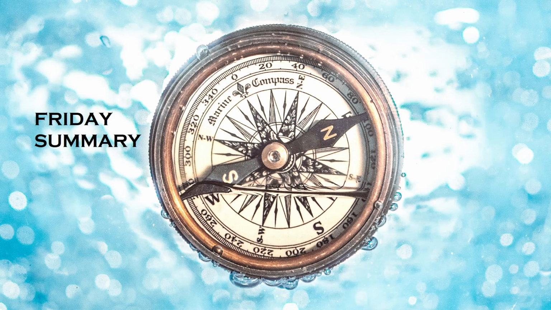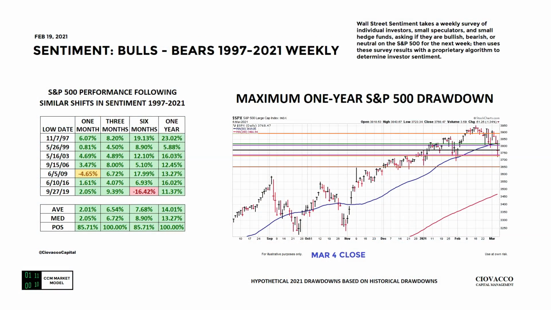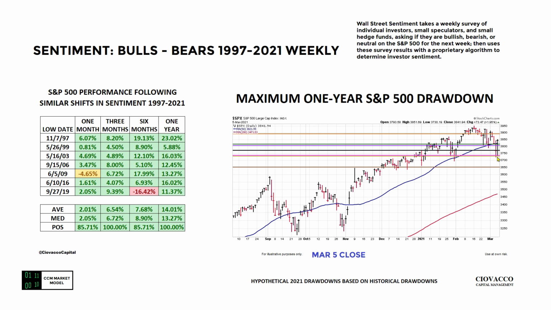Back to the future. This portion of the video is being recorded at 5:15 after the close on Friday. The S&P 500 finished the session up 73 points and well off the session low. How do we do with the maximum drawdown chart that we covered earlier in the video? This chart is dated March 4th. You can see intraday we had a little bit of a scare, and then we rallied into the close sharply and closed at the session high,